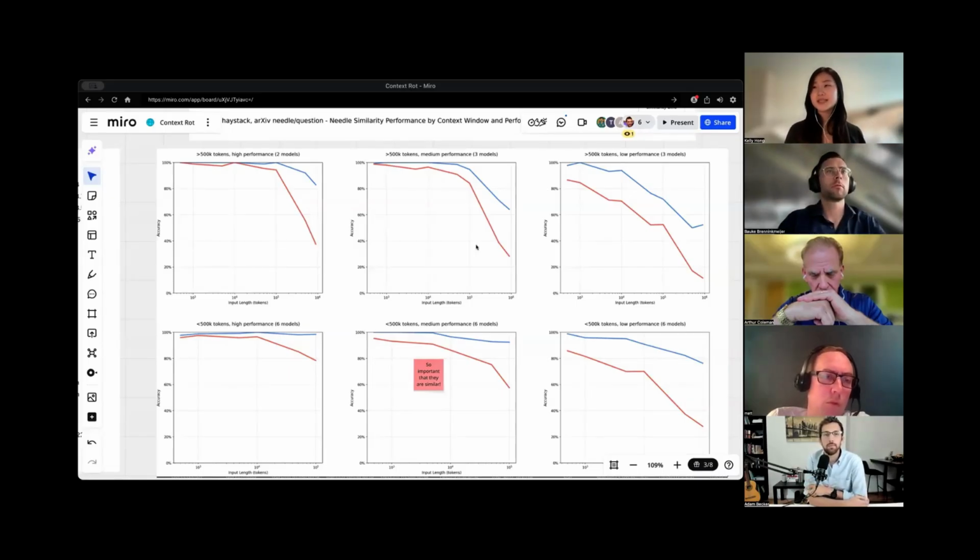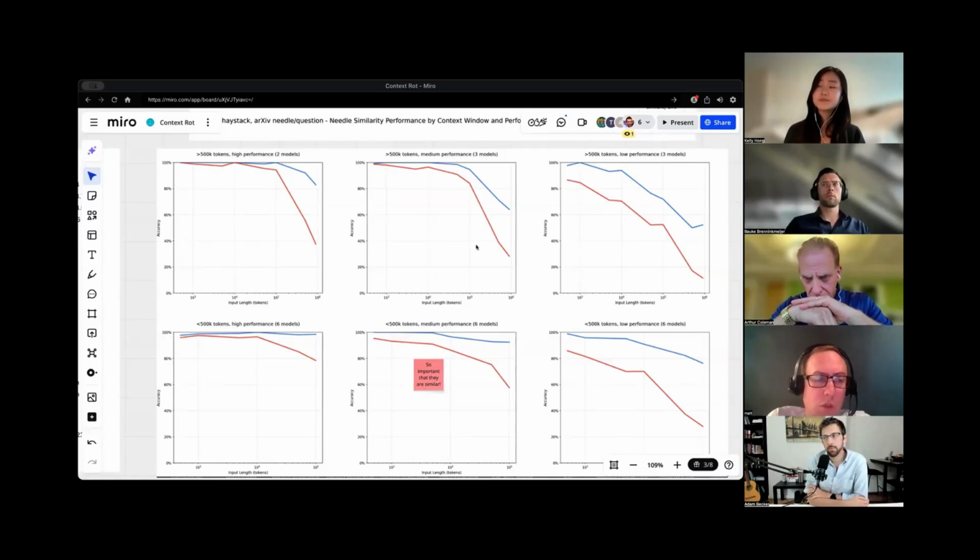Needle in a haystack is very easy relative to the tasks you mentioned, like agent tasks or summarization, where you have to attend to the entire context. For this task, the model really only had to attend to that one sentence within the entire context, and it still starts to fail across longer context lengths. So we can imagine that this kind of performance would translate over to more complicated use cases as well. Maybe you'd have even worse performance because the task is even more complex.